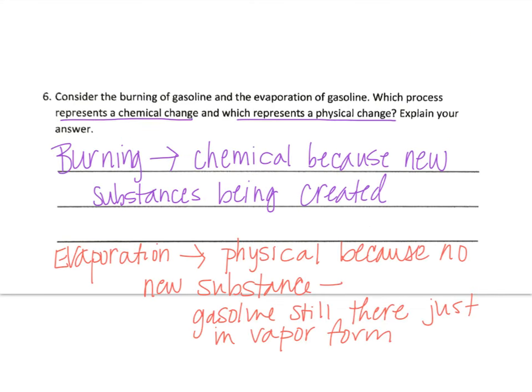Question 6 wants to know if burning gasoline or evaporating gasoline is a chemical or a physical change. It wants you to classify which one is which. Burning is a chemical change because a new substance is being created. In this case, when we burn gasoline, we're creating water vapor and carbon dioxide, which are new substances from the